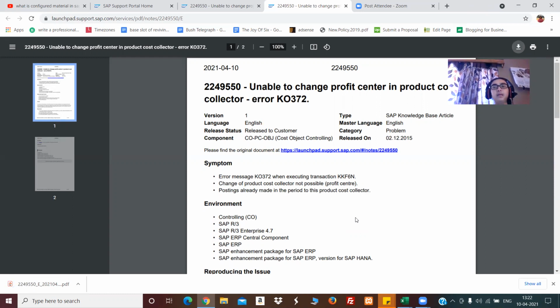And it may happen that you will find many other notes mentioning code corrections. So now the question may arise in your mind how can I correct the code being a functional consultant? No, rather you need not correct the code anyway. You have to take the reference of the SAP note.